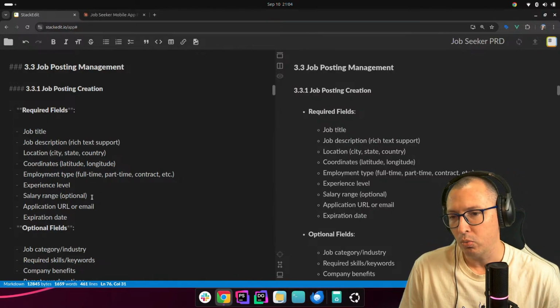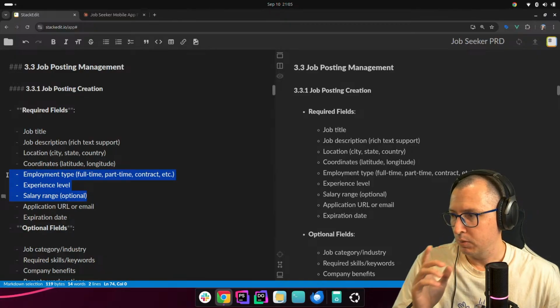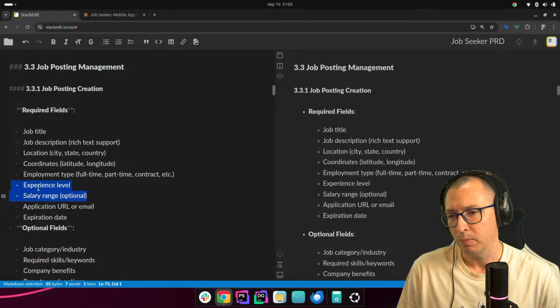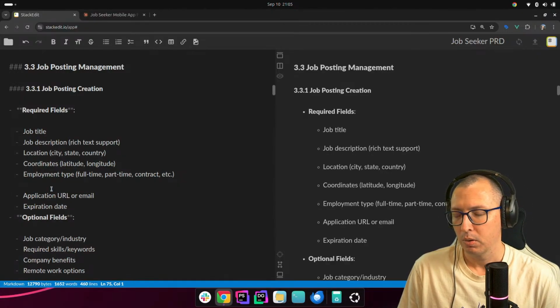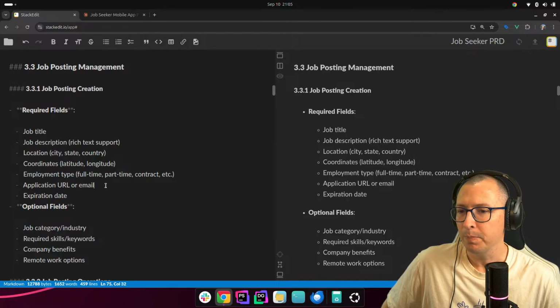So we don't really need to keep information about salary, experience level, or employment type. We're just going to have the description. Well, we could. Let's leave employment type there for now. The other two, no, not really necessary.